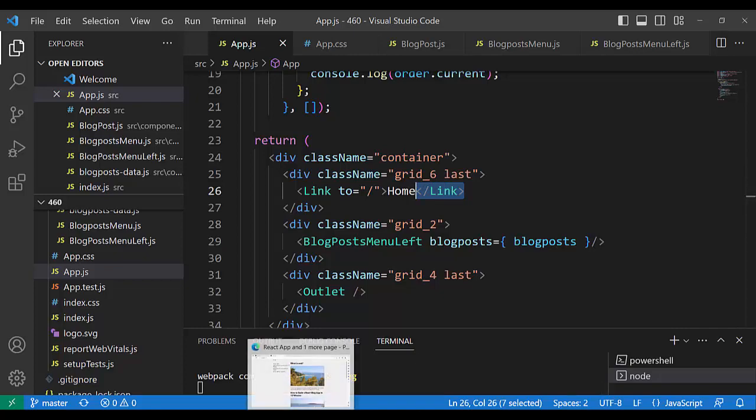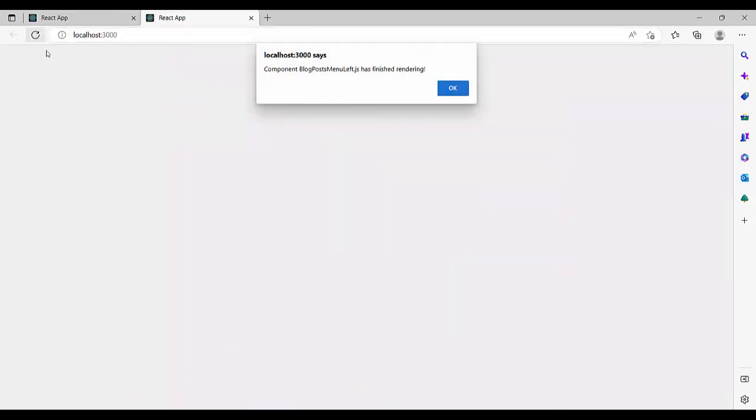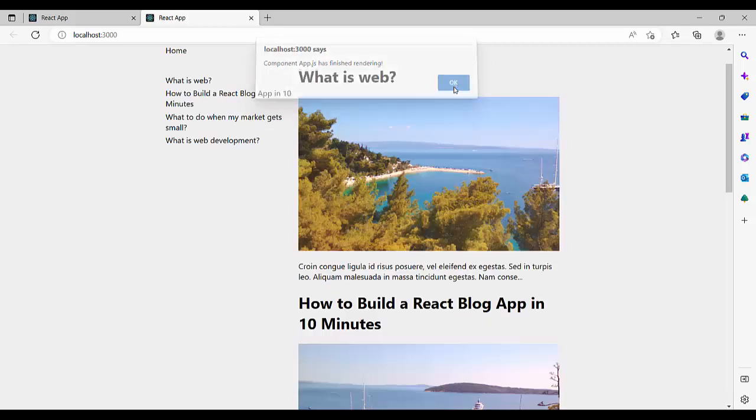Let's see what happened when we refresh. Here the component blog post menu left finished rendering. Component blog post menu has finished rendering. Component app.js has finished rendering. Okay, three components are here, and the first time when loading